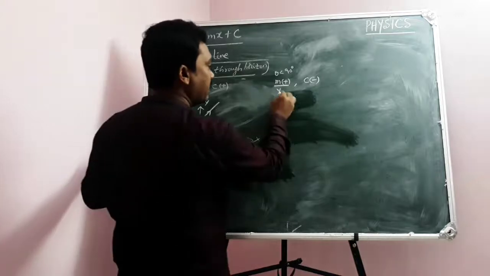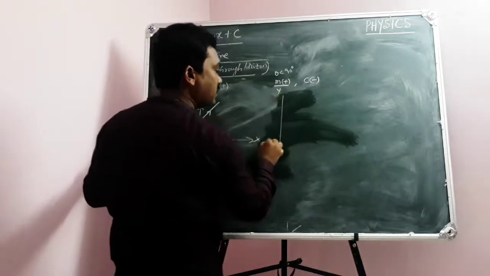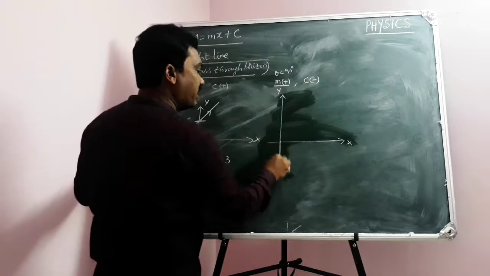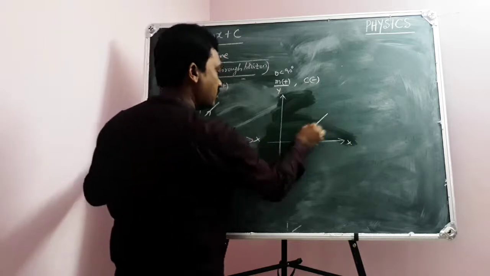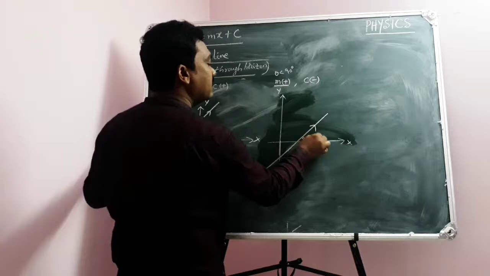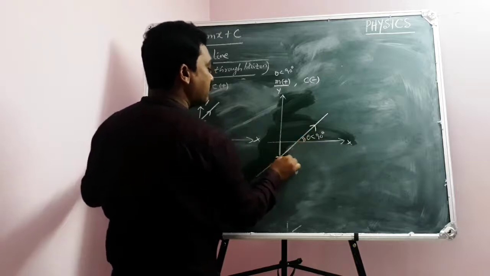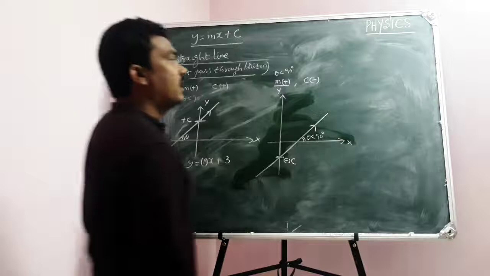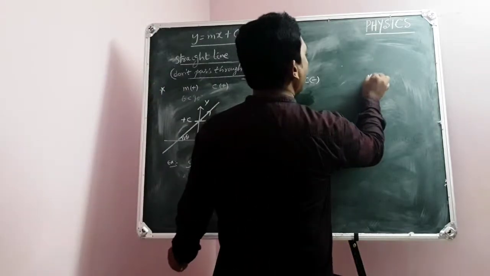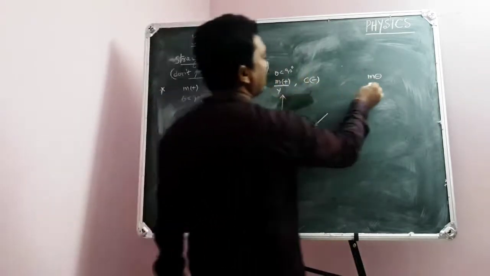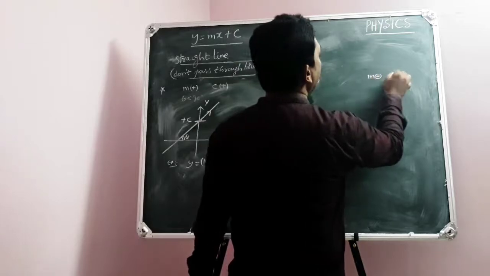Hope you got clarity. I am giving a few contradictions to give you more clarity. X-axis, y-axis. Now y-intercept must be negative. So you should take your graph like this. Here theta less than 90 and y-intercept is negative. See the interesting one. And now m positive, c negative, okay. M negative, c positive.